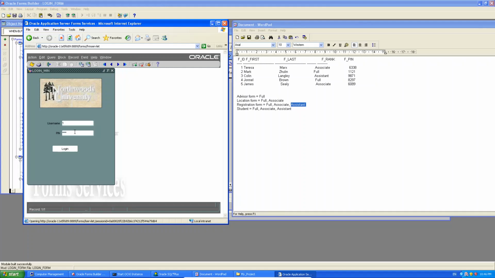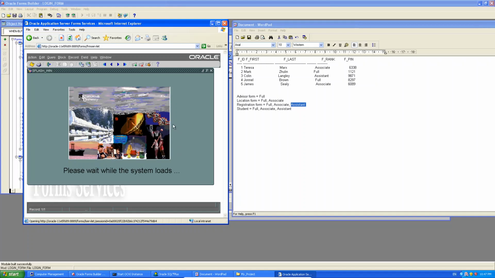The login button will still be doing everything it was doing before. So it's still going to check the PIN numbers and compare it. And if it's correct, it will let me in. If it isn't, it's going to show me that message. But if it's correct and it lets me in and I click login,